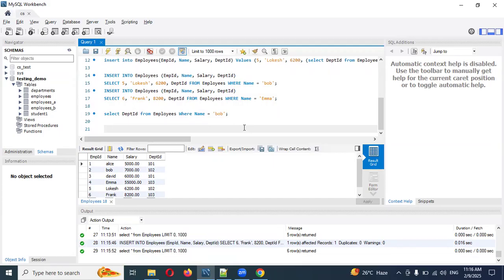For updating purpose: update employees table, set salary is equal to salary into 1.2 ratio, I'm going to increase, where department ID is equal to select DPT ID from employees where